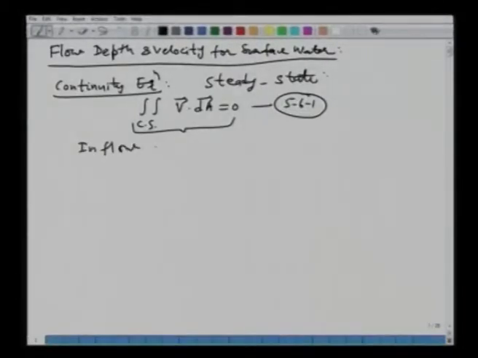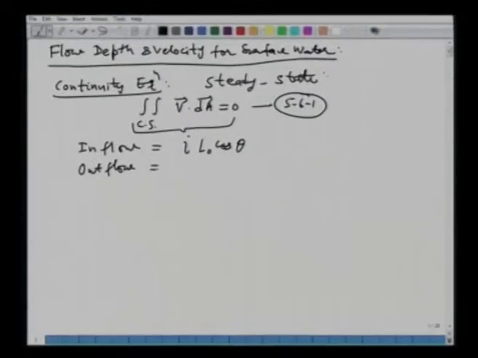What is the inflow? The only inflow is in the form of I. If we take the inflow perpendicular to the cross section or the control surface, it will be L0 cos theta, with reference to the figure we have, multiplied by 1, which I am not writing here. Similarly,